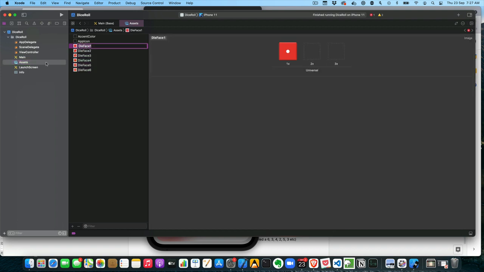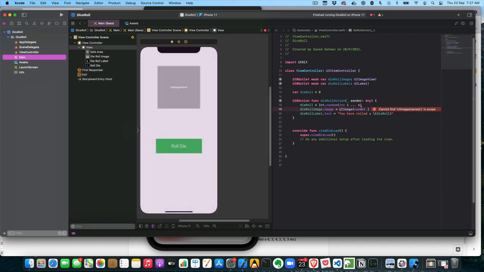Alternatively, let's just make it easy. We're going to go here inside the assets folder. I'm single clicking on these values, and I'm going to say 1, 2. We'll just make it a little bit easier. 3, 4, 5, and 6. Okay, go back to our storyboard and our code, and we're going to say that this value is going to be named